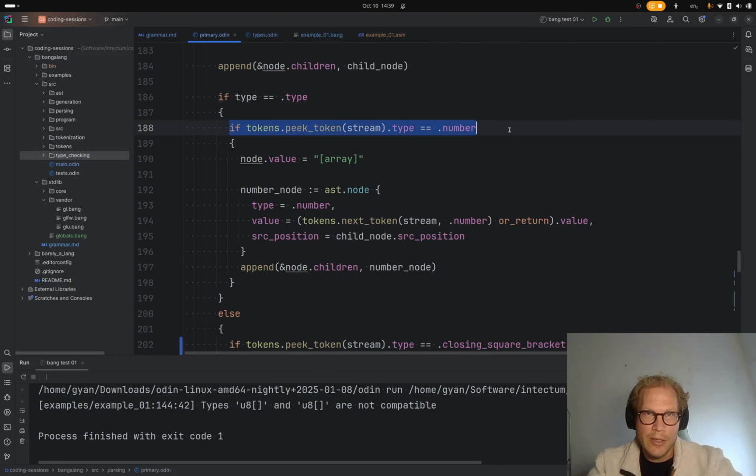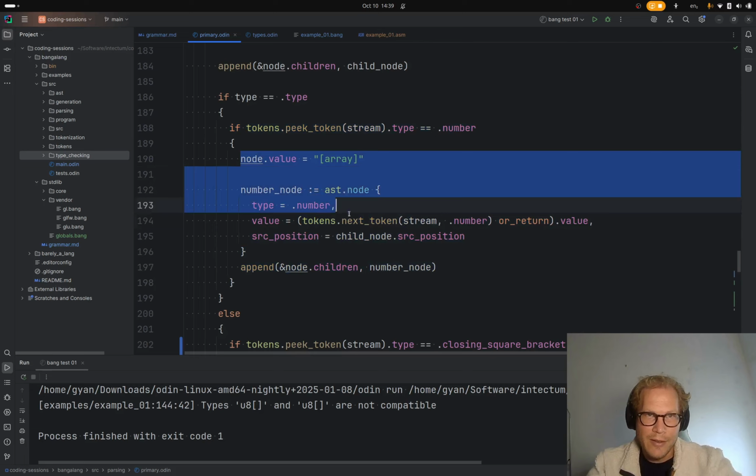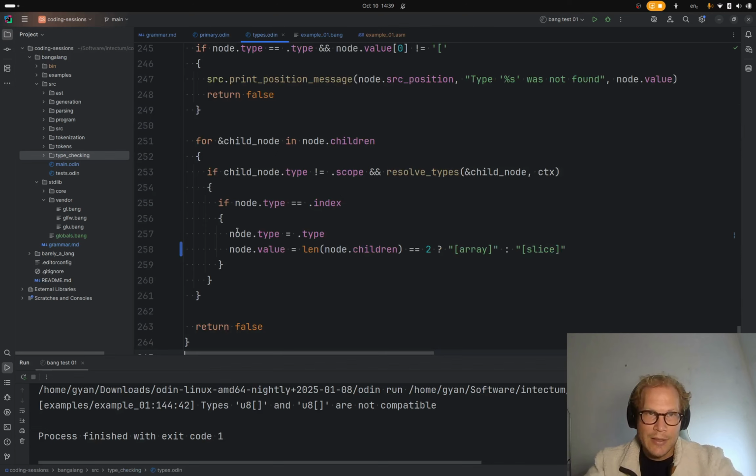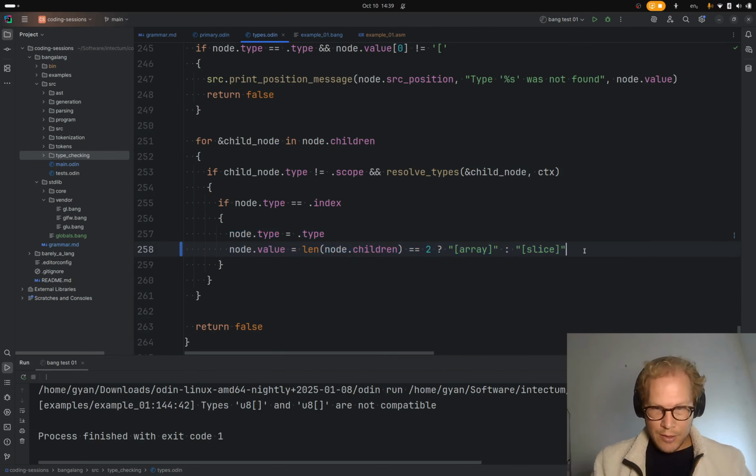This is only if there was a number in there, then it becomes an array. But if we come down here and it gets parsed this way, it gets 2 children, and then later it gets converted to a slice. So I think what we need to do is say,